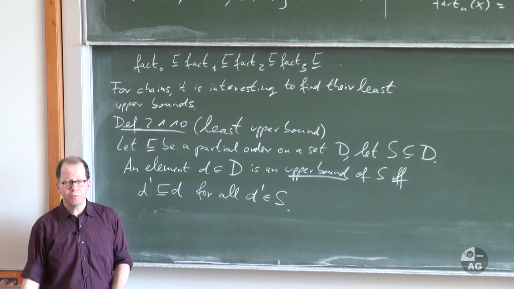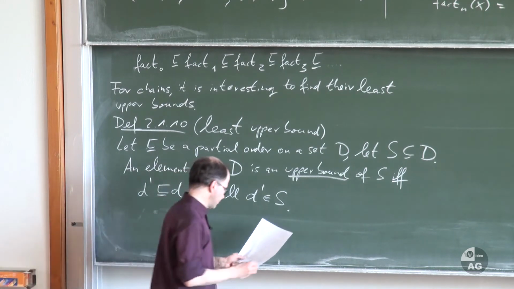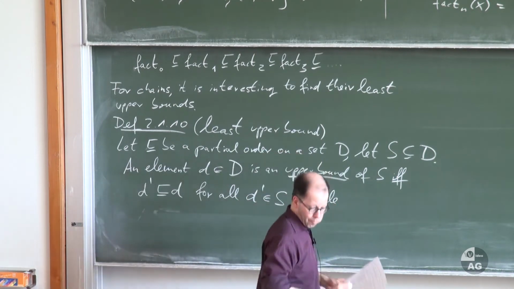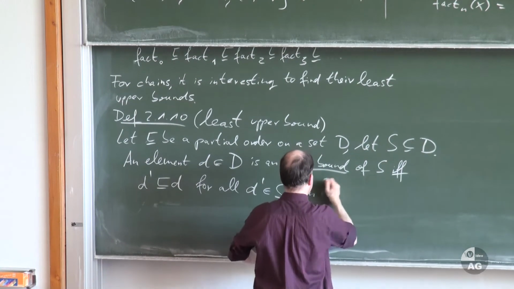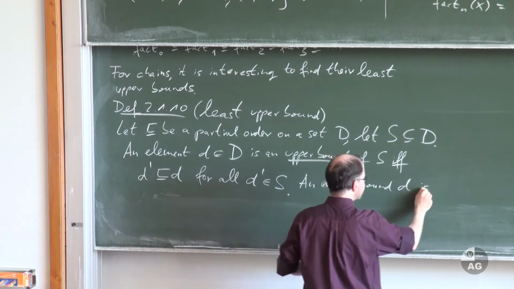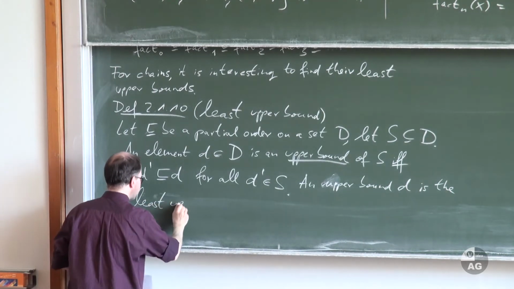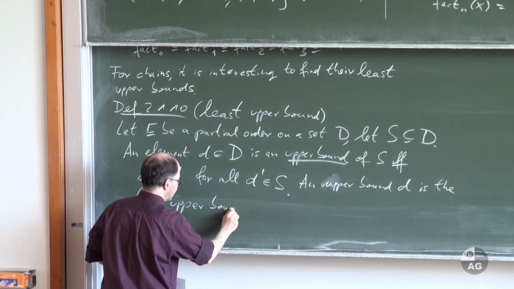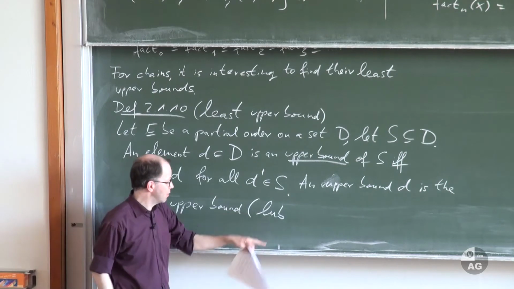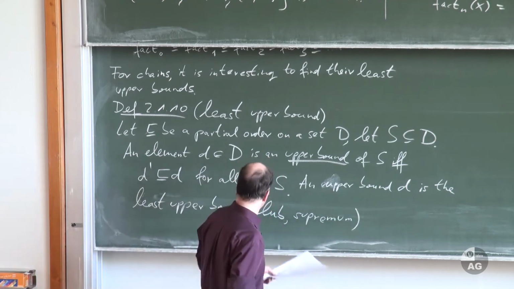And what does least upper bound mean? Well, it's an upper bound, but it's smaller or equal to every other upper bound. So an upper bound D is the least upper bound. We also call this the LUB. So this is just the abbreviation of least upper bound, or you can also say the supremum. So it's the least upper bound